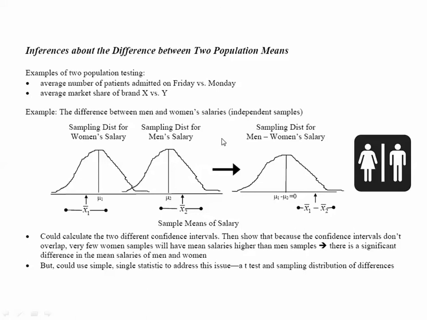Now these are what are called independent samples, meaning that you have a group of men and that group or that sample is independent from the group of women. Typically, in most professions, not all professions, but most professions, we'll see a distribution of women's salaries, with some women in the high areas of their distribution, some women in the low areas of the distribution. And then we'll also see men's distribution of salaries. Now I've drawn this rather extreme. It's not quite this extreme, but we do find that on average, men's salaries tend to be statistically higher than